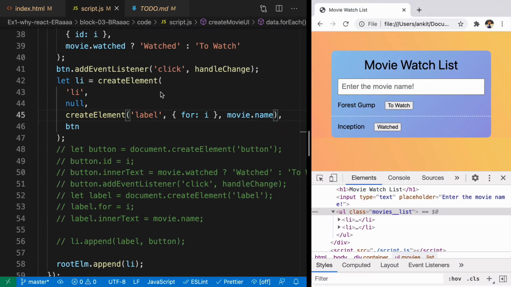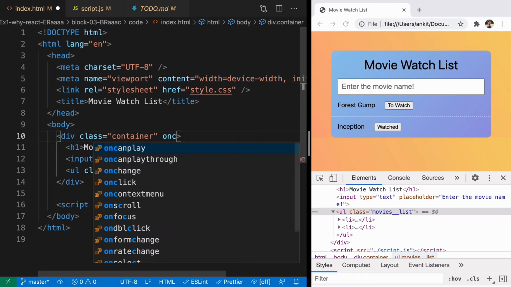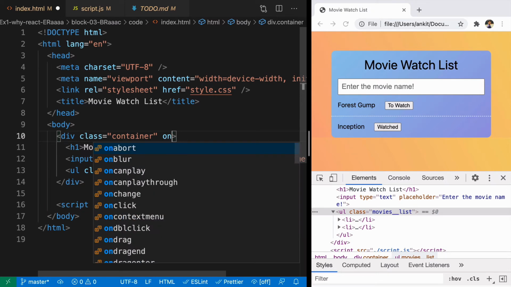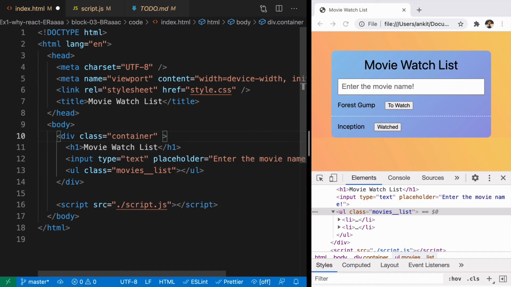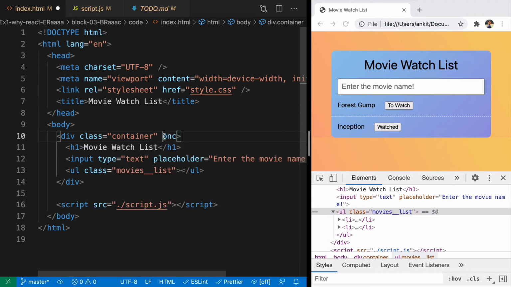Generally, whenever you want to add an event listener directly on an HTML element, how do you do that? You can directly pass it like onclick, onchange, ondblclick, and a lot of other things. So when you pass an event listener directly on an HTML element, we always say something like onclick, onchange, ondblclick. The word on is always there, right? In that way, we understand that it is an event listener.